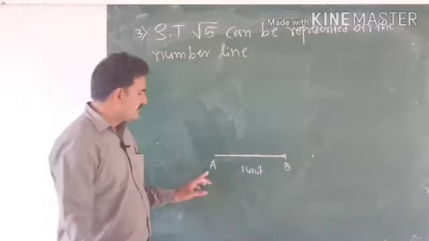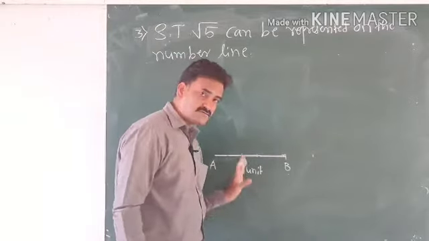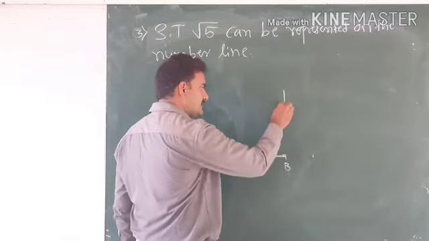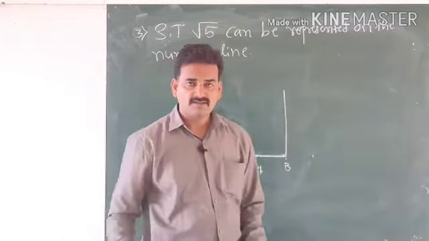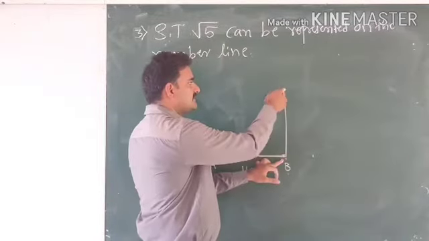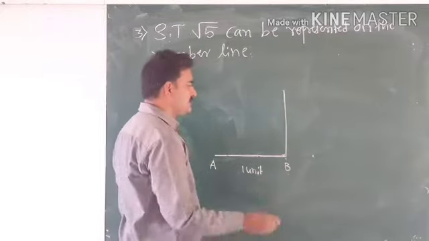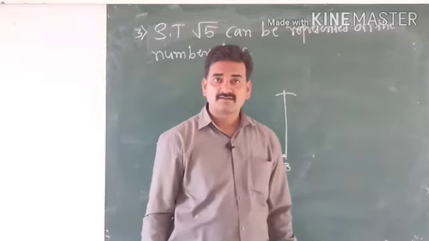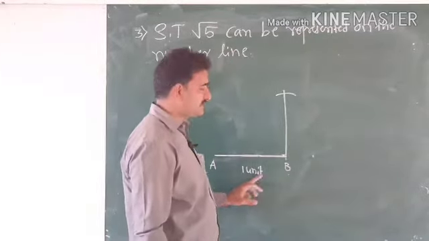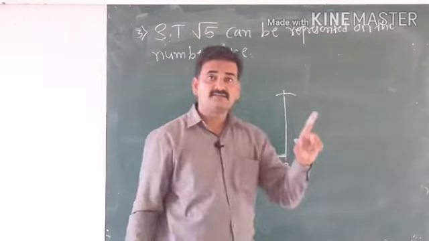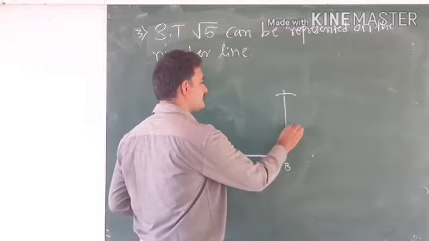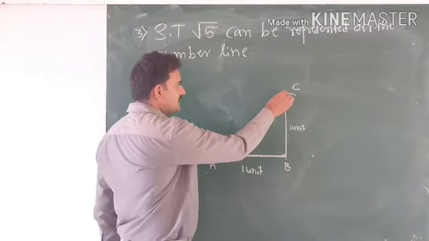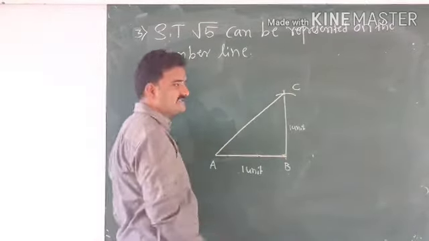Okay, draw 3 centimeters and consider it 1 unit. Now take a protractor and draw a perpendicular line. Using 90 degrees, take a dot and draw the perpendicular line. With the help of a compass, keep your needle and cut 3 centimeters, because we considered 3 centimeters as 1 unit. From here to here, how much do you have to cut? 3 centimeters, that is 1 unit, and name it C.